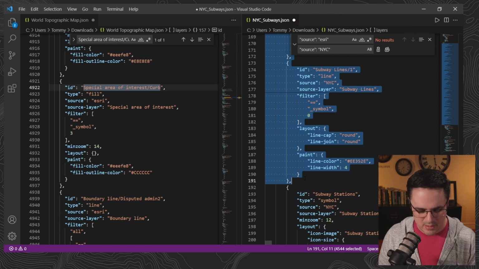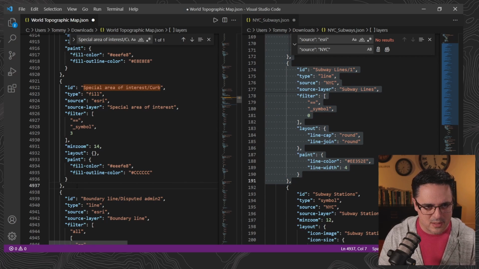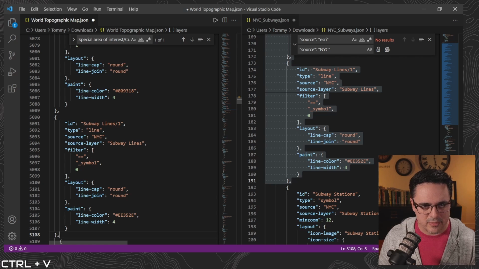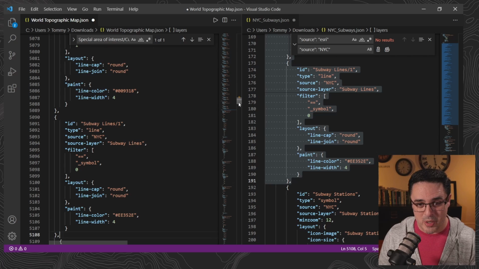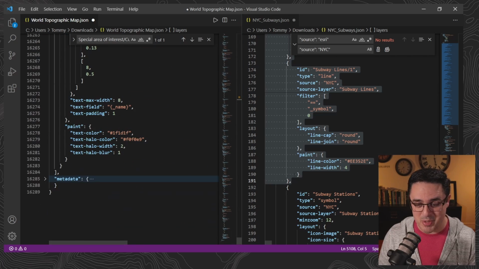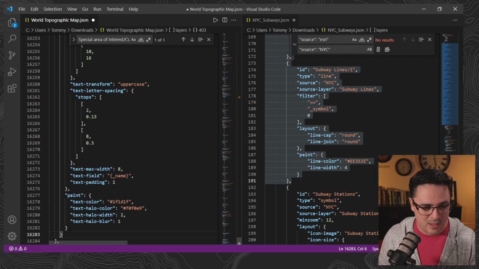Okay. Copy. And right below this layer, I'm going to insert all of that stuff. So that's the lines, the subway lines. The next thing we need to do is make sure that we get our subway symbols and our subway station labels into this. So we find the last item